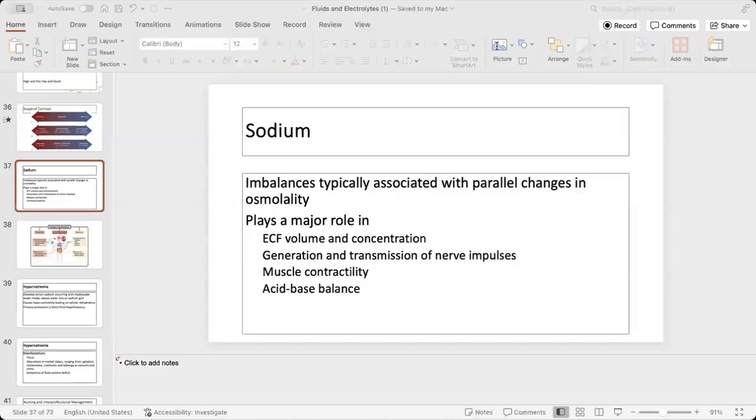Good job. A client with draining wounds is admitted with hypovolemia. What would be the most accurate way for the nurse to evaluate fluid balance? Daily weights. Yep, daily weights are gonna be your best indicator. Very good. Okay, a client who was prescribed furosemide, which is what medication? Diuretic. What kind? Loop. A loop diuretic for treatment of hypertension reports weakness. Which action is appropriate for the nurse to take?